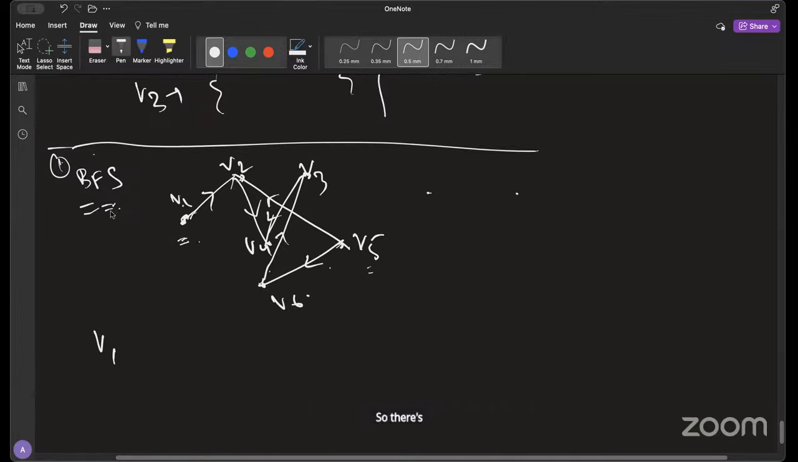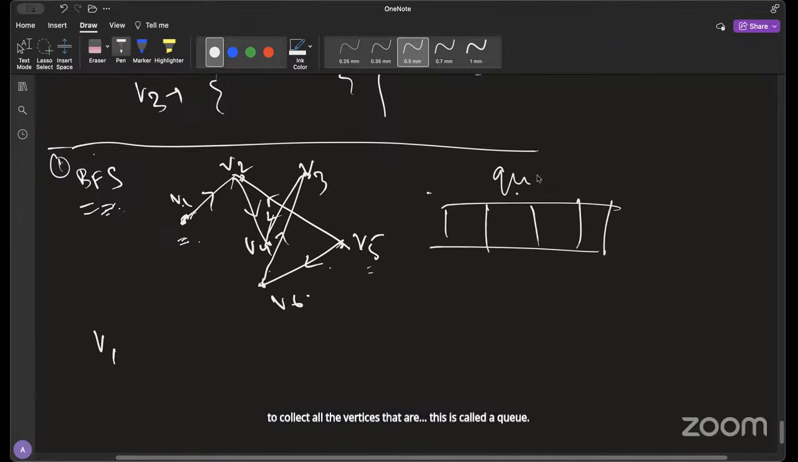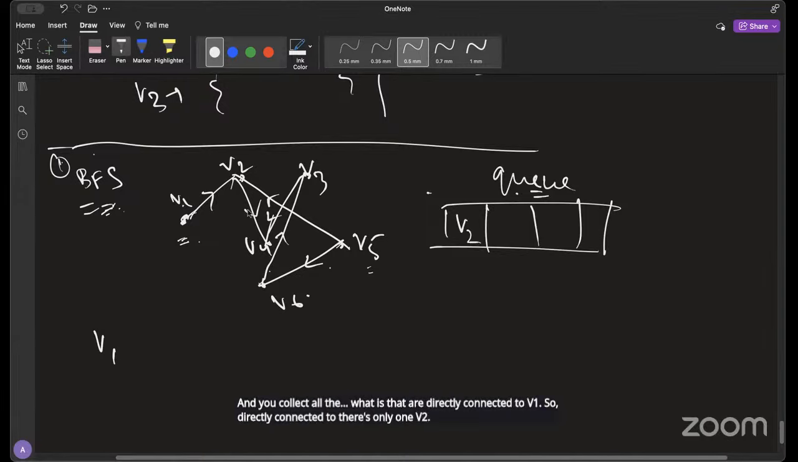So one way to do it is BFS, and the other one is DFS. In a BFS search, what you do is you collect all the vertices that are, this is called a queue, and you collect all the vertices that are directly connected to V1. There's only one, V2. And then next up in the queue, you collect the points that are directly connected to V2. V4 is directly connected to it. You have an edge from V4. So you just write V4 because there's no other edge pointing out of V2. So it's just V4. And from V4,